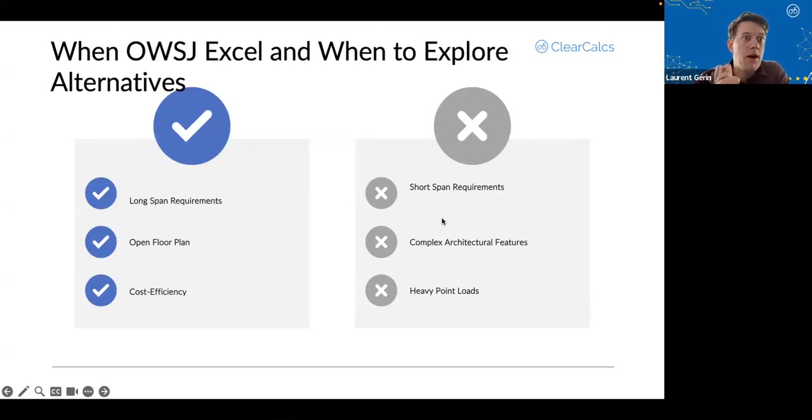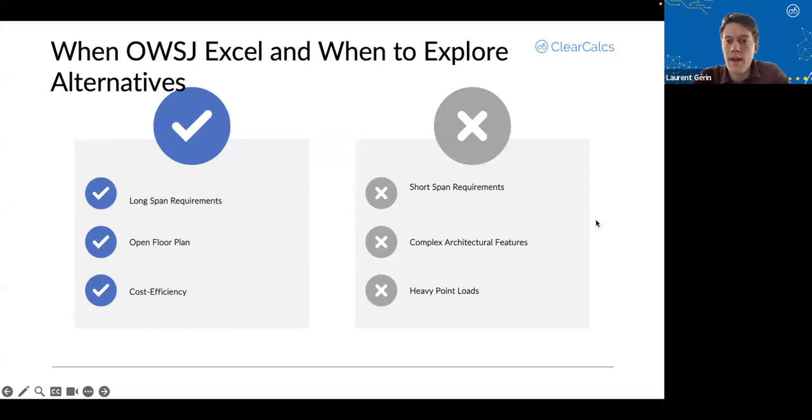Now, times where you might not want to use steel joists, so maybe you want just a regular steel beam or other materials. If you've got short spans, typically a regular steel beam or even wood or something like that is probably going to be more economical. If you've got some crazy architecture or something like that, again, these are pretty standardized products, the steel joist. So once you're going off the standard, it's going to be a little harder to make that work in your building. Not impossible, and a lot of manufacturers out there will work with you, but it might add some complexity